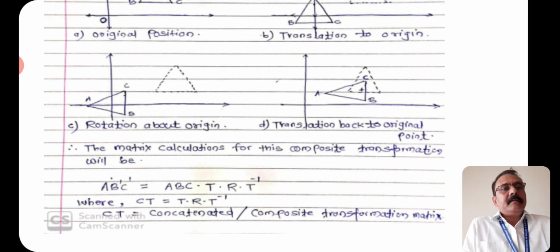You have to write the sequence of geometric transformation matrices the same as the geometric transformations are performed. Here first we perform translation, therefore capital T, then rotation, therefore capital R, and last inverse translation, therefore T inverse. When we write the sequence of geometric transformations in this way, you have to start the matrix multiplication from right to left.